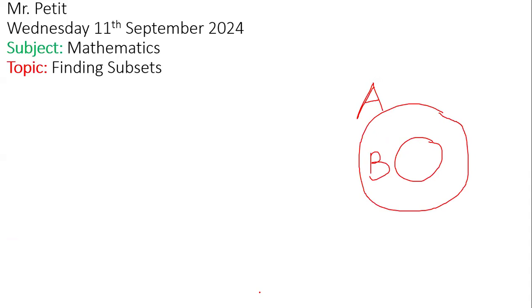Set B is a subset of A. What does this symbol mean? Subset of, very good. And what does this symbol mean? Not a subset of, very good.